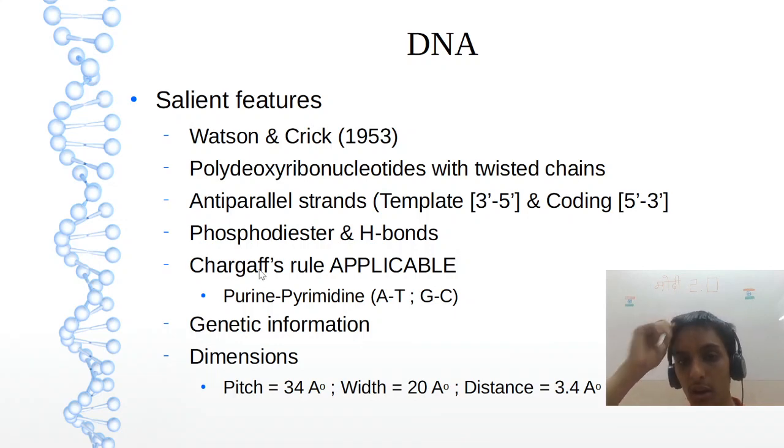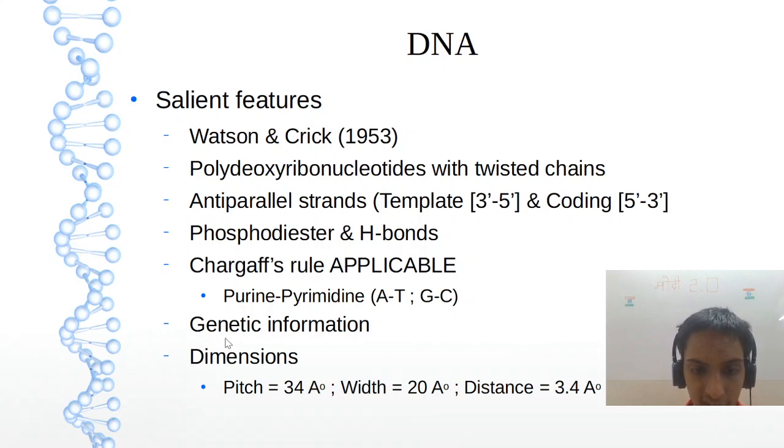Okay. And in this Chargaff rule will be there. What is Chargaff rule? Purine always bind with pyrimidine, hydrogen bond will be there in between. So with adenine and thymine, 2 hydrogen bonds. Guanine, cytosine, 3 hydrogen bonds. Okay. And also one more thing, how much adenine is there, that much of thymine, the same with the guanine and cytosine. Then what is the role of DNA is the transfer of the hereditary characters or genetic information is also a better word.